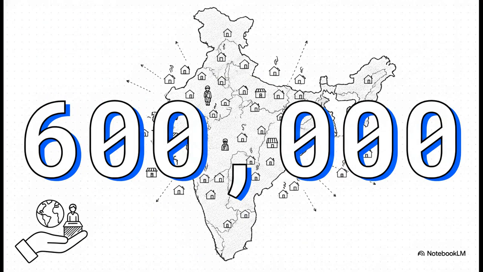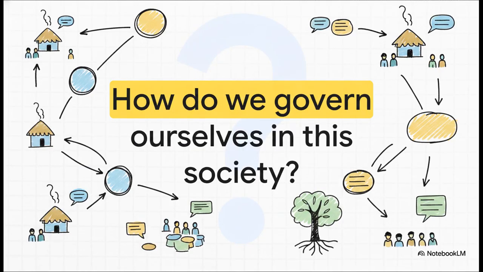And here's the kicker. Lakshmanpur is just one tiny drop in the ocean. India has over 600,000 villages just like it. Out of a massive population that recently crossed 1.4 billion people, almost two-thirds live in rural areas. Just let that sink in. The sheer scale of that administrative challenge is literally mind-boggling. So that brings us to this massive, pressing question. How do we govern ourselves in a society this complex? How on earth do you make sure the voices, the urgent needs, and the local disputes of hundreds of millions of people spread across hundreds of thousands of individual villages are actually heard and addressed effectively?